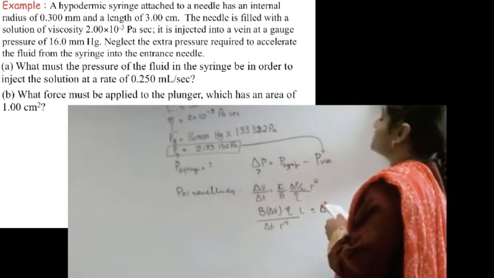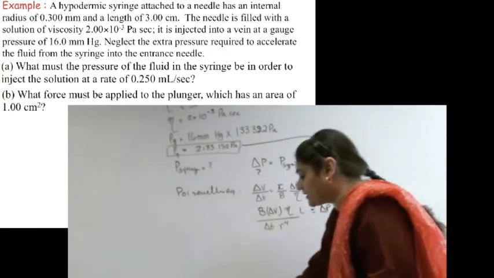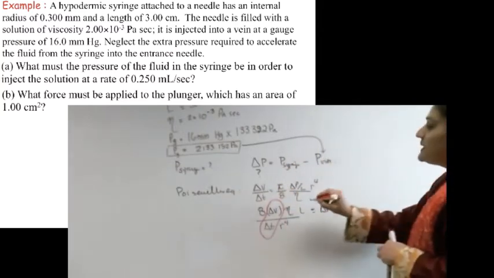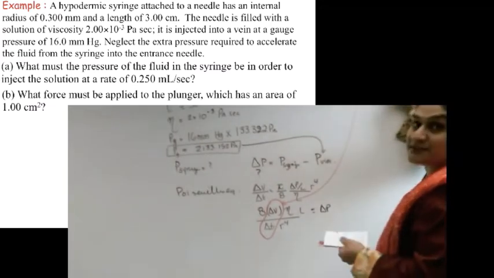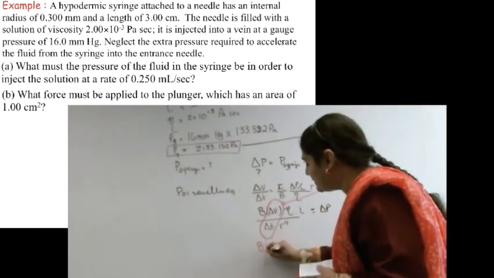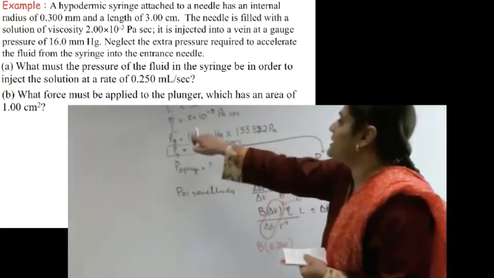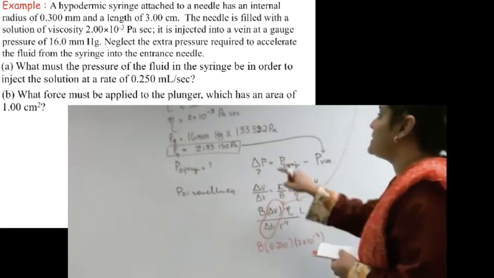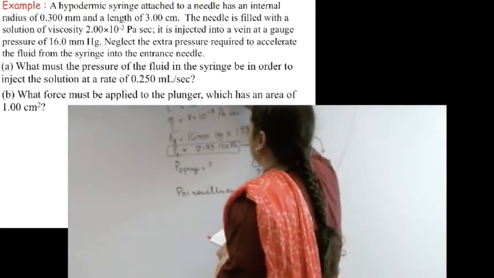0.250 milliliters per second. Well, if I look at it carefully, I'm going to change my marker color so you can see better. If I was to take this number right here, that is the same as that number here. It is the volume per second. Okay, change in volume per second. So what I'm going to do is place that number in here, 0.250. It gives me an eta, 2 times 10 to the minus 3. It gives me a length, which is 3 centimeters, and I can convert that to meters, which will be 0.03